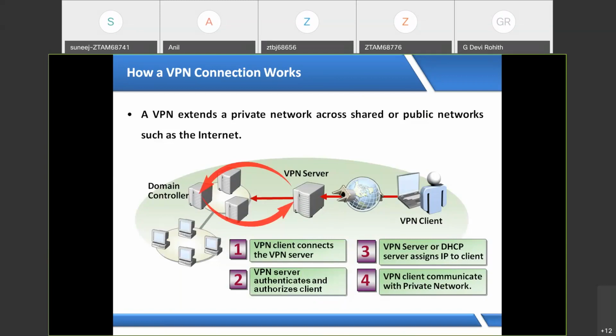So this is VPN. A VPN server is basically a service through which a user can access our private resources from anywhere by using the internet. But for that,